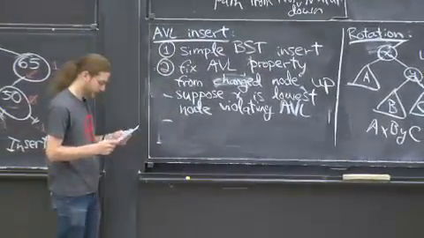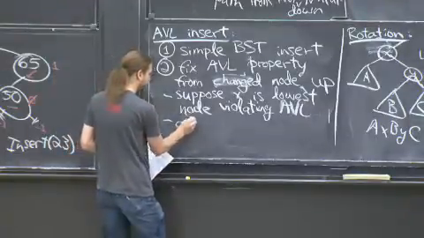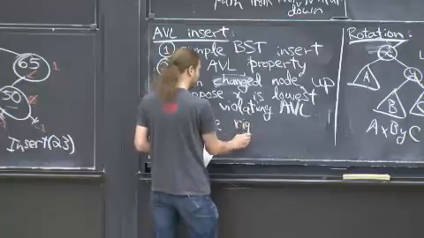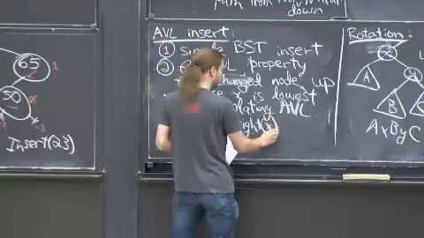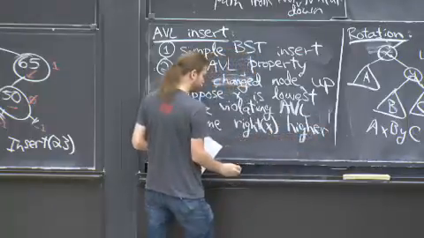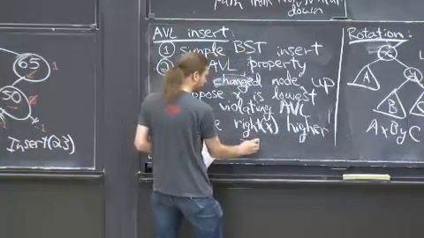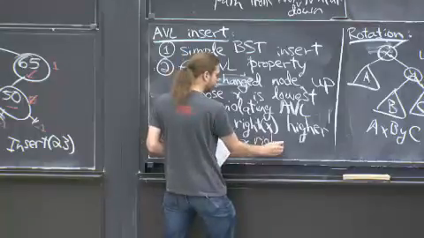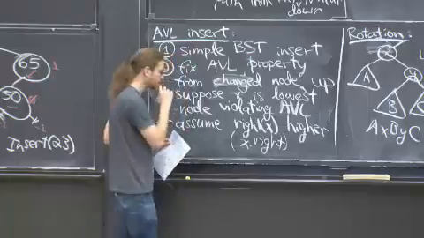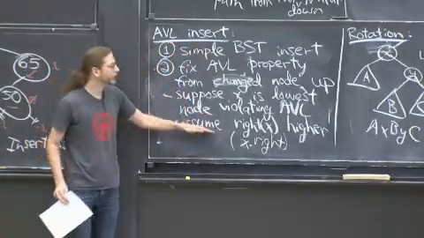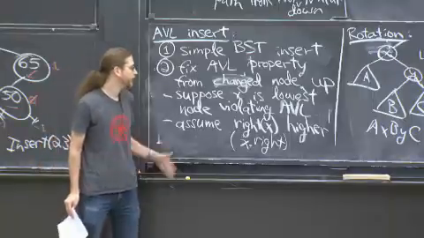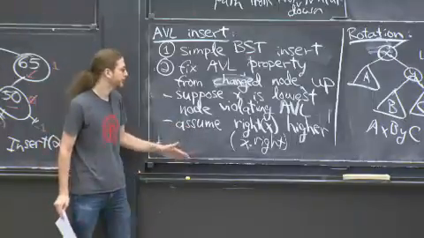I think I want a symmetry assumption here. I don't know why I wrote right of x. I guess modern days we write x dot right. But same thing. OK, I'm going to assume that the right child is the heavier one, like we did before. Could be the left. It's symmetric. OK, it doesn't matter.